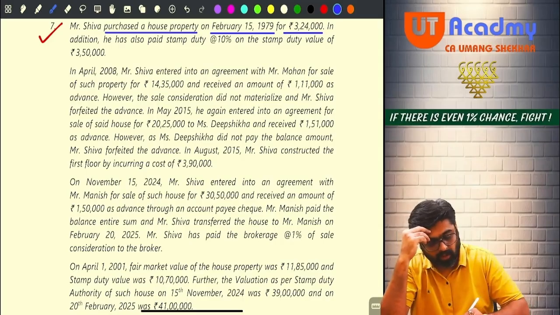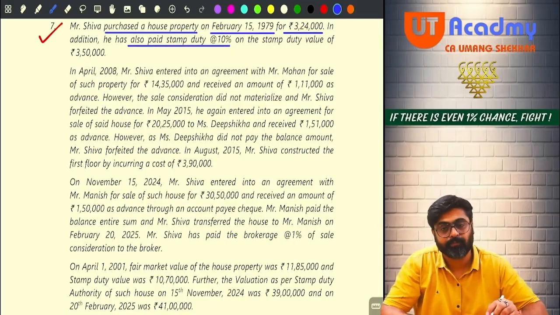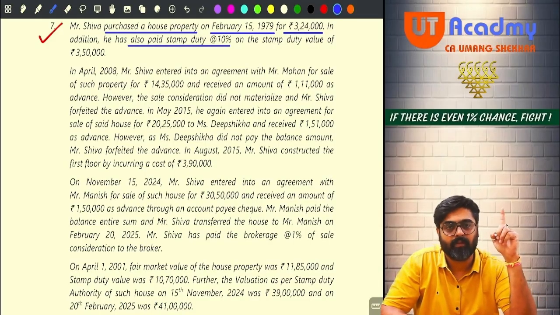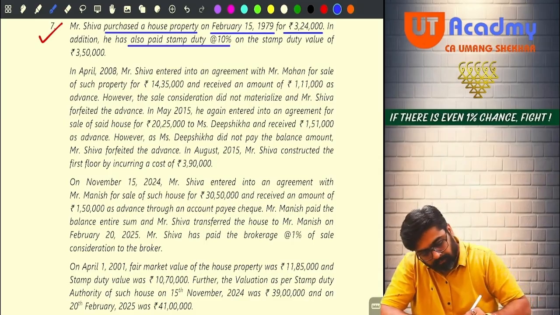In addition, he also paid stamp duty at 10% on the stamp duty value of rupees 3,50,000. At that time when he purchased the property, he paid the stamp duty also, which is his acquisition cost. Yes or no? So, the actual cost incurred by him to acquire the property was